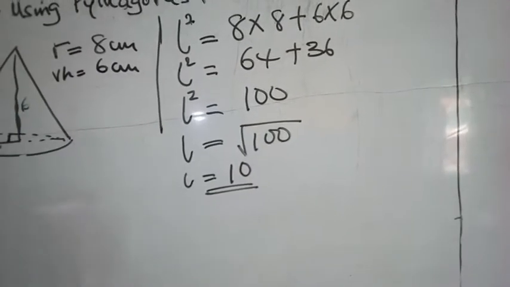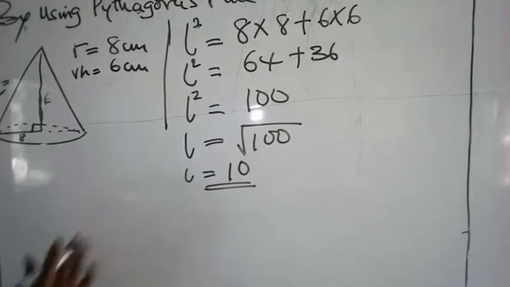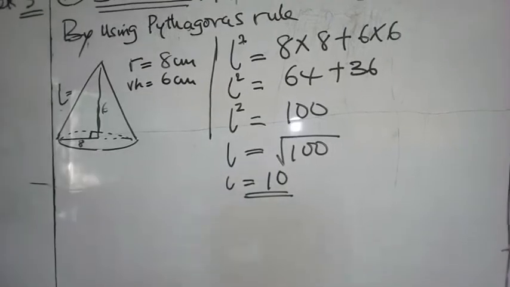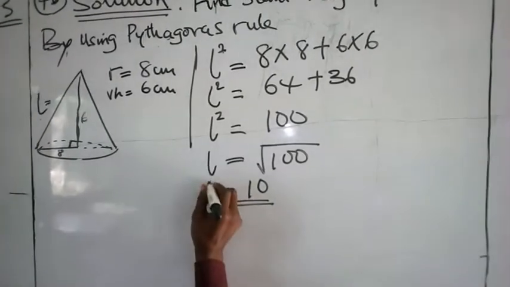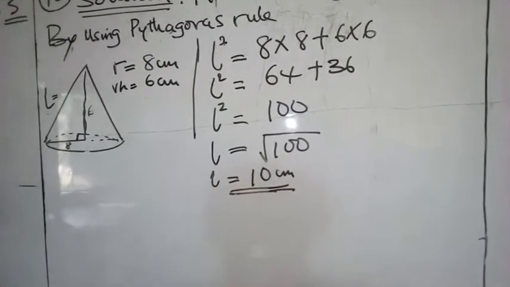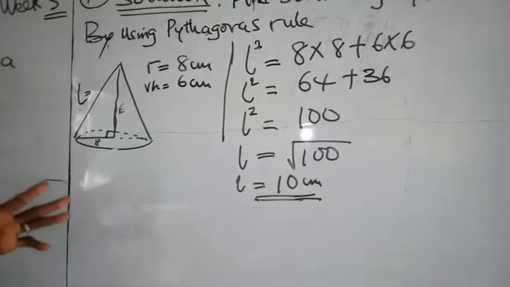Now that you have slant height, you know that. But we'll stop here. I'll still give you a break. You know I like giving short breaks so that you can take down. Slant height is 10 cm. We'll continue after a 2 minute break. You come back, we find the other aspect of